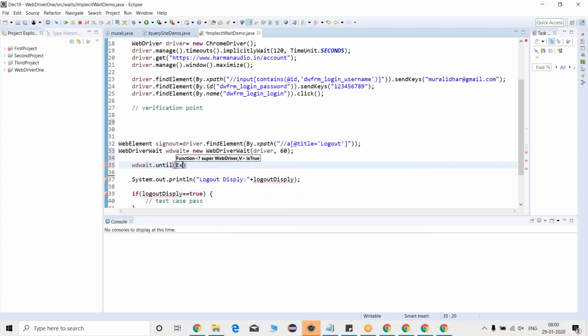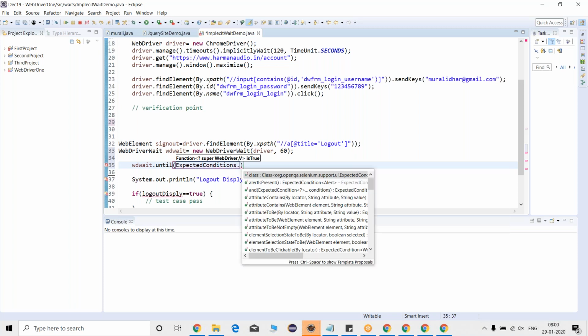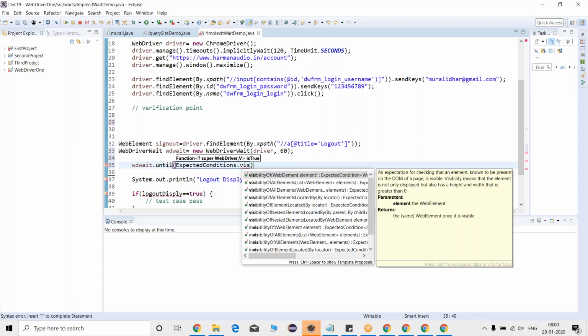See, expected conditions dot, visibility of